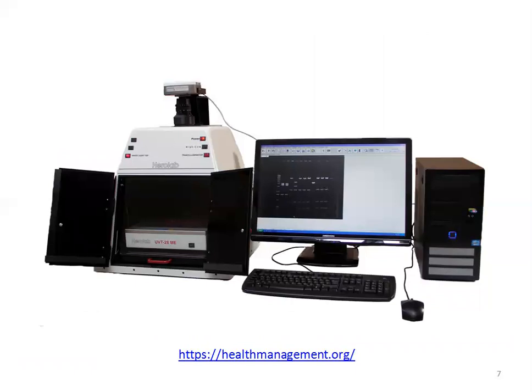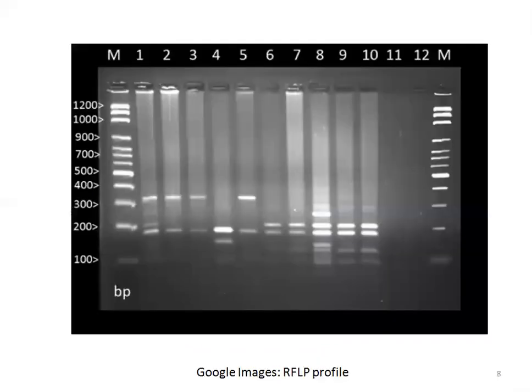Here in this picture you can see the gel documentation system. The gel is placed here. You will close the doors and then turn on the UV supply, and after that here you can see a camera equipped with this system, and this picture can be visualized on the computer screen, and you can now compare the band pattern.